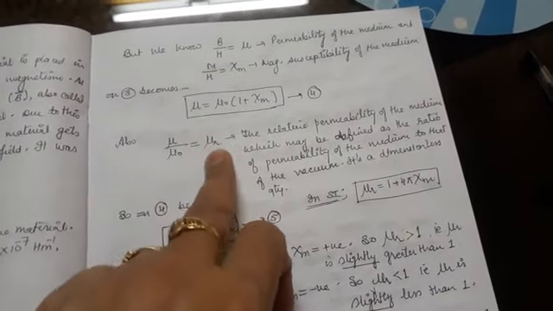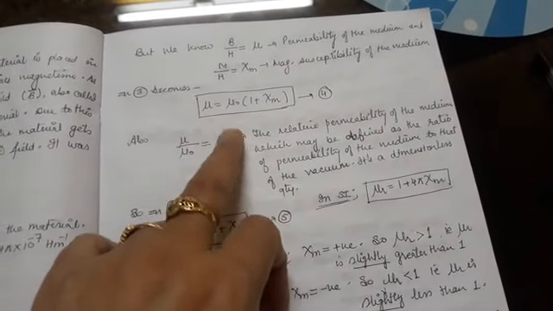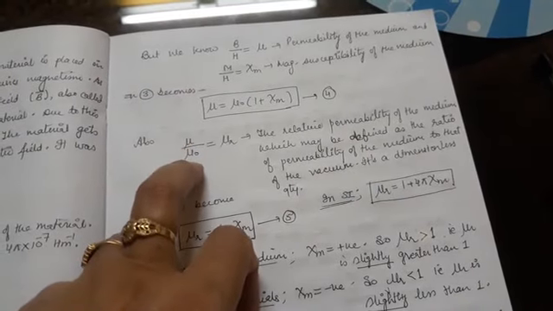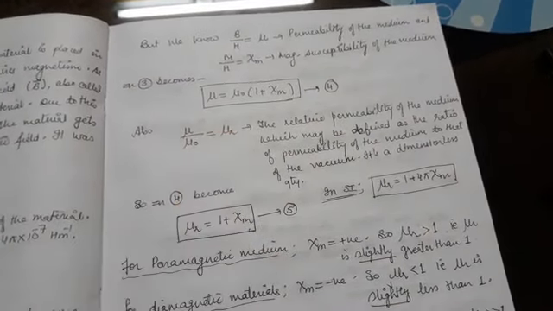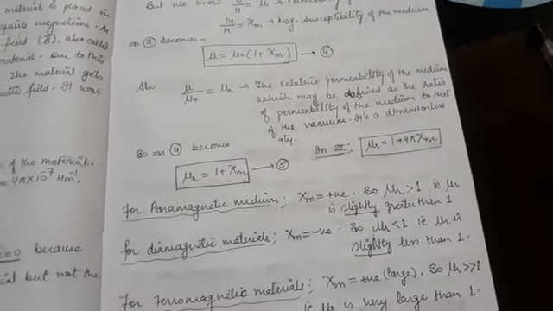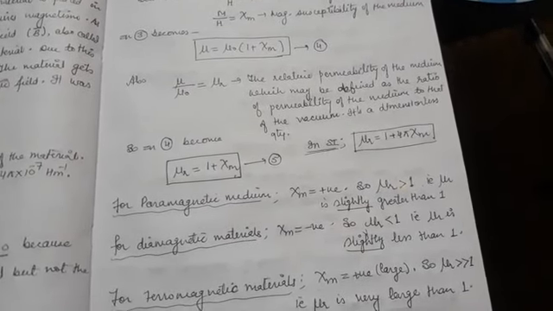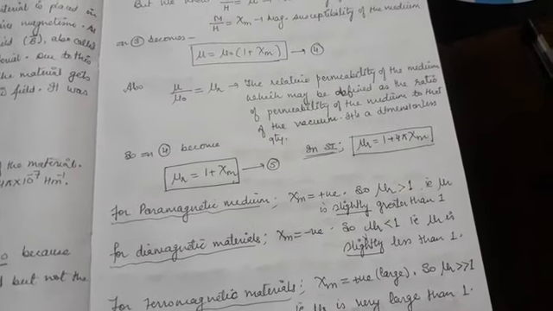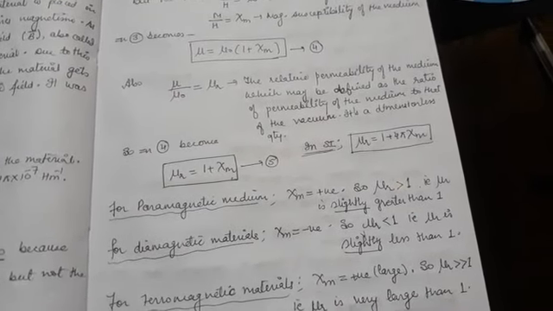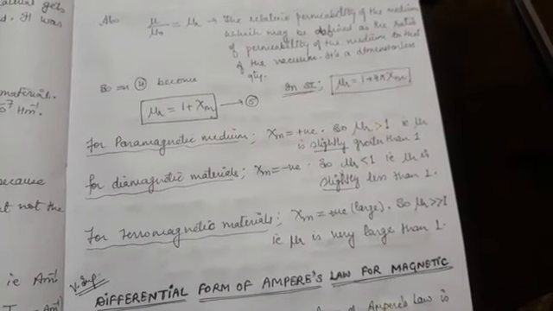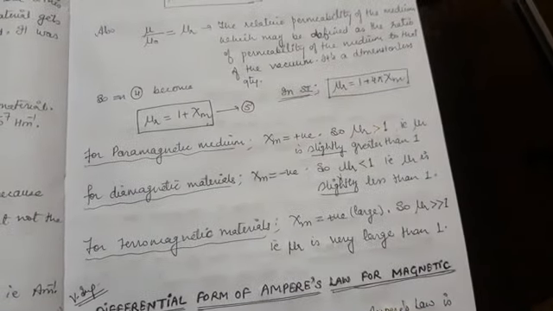So the relative permeability of a medium possesses no units. It is a dimensionless quantity, because the units of mu and mu naught being the same, they will cancel each other and mu r comes out to be unitless. So I can redefine the relative permeability as the ratio of the permeability of the medium to that of the vacuum. So putting the value of mu upon mu naught equal to mu r in equation number 4, I'll get equation number 5. So the fifth is the equation between relative permeability mu r and the susceptibility of the medium, that is, chi m.